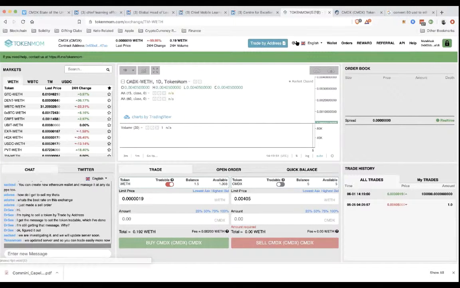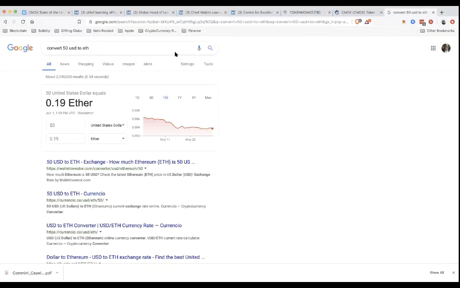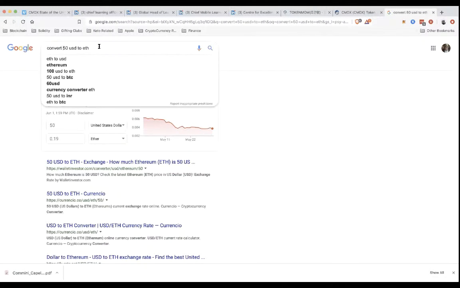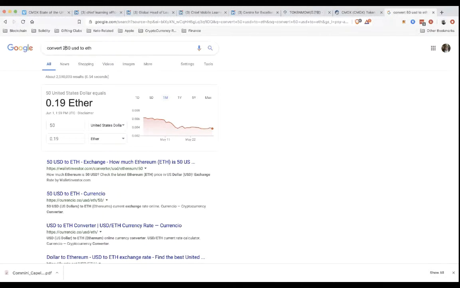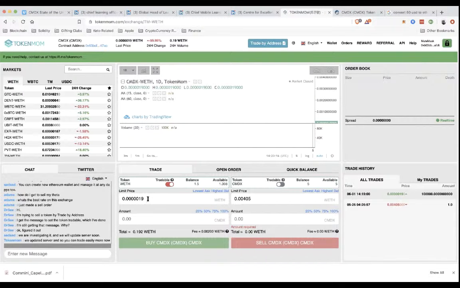Now, if we wanted to do the same thing at a different limit price, then I would come over here and I would figure out, let's say we wanted to do $250. I would figure out what the Ether was. 250, here, let's just do it right here. 250, so that's 0.94, obviously. So we'll come here. And in this case, it would be